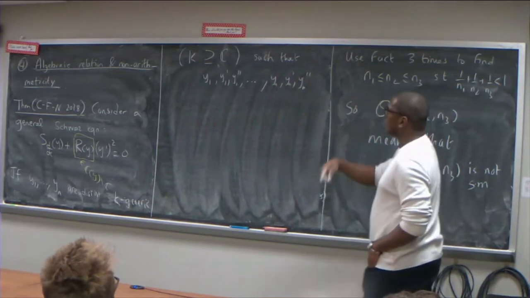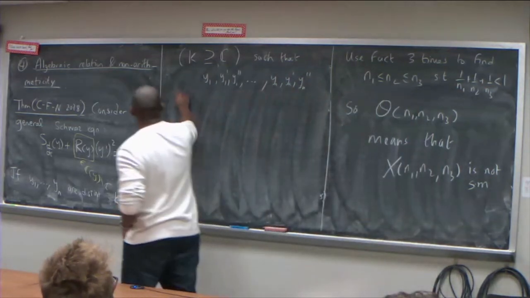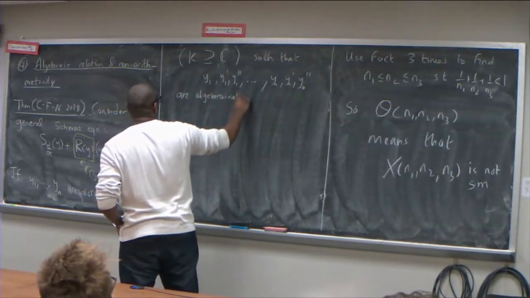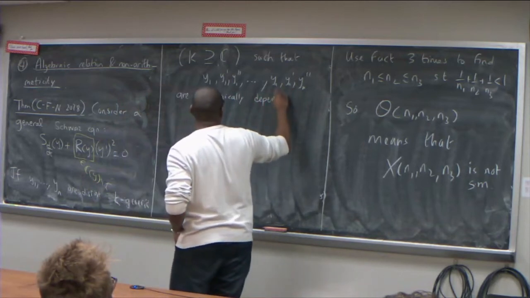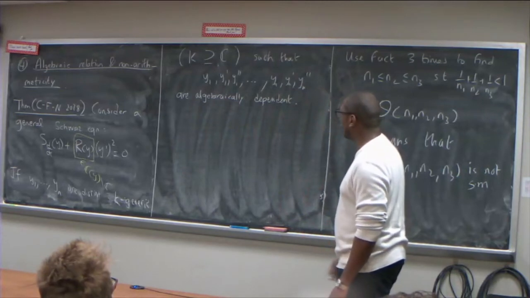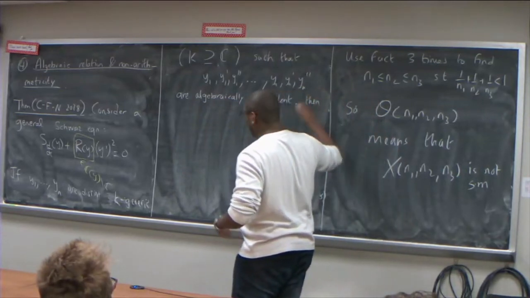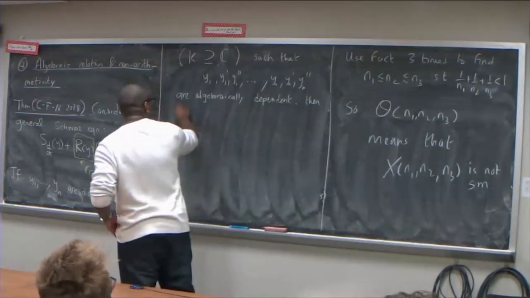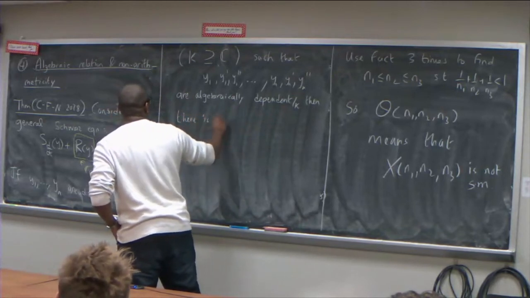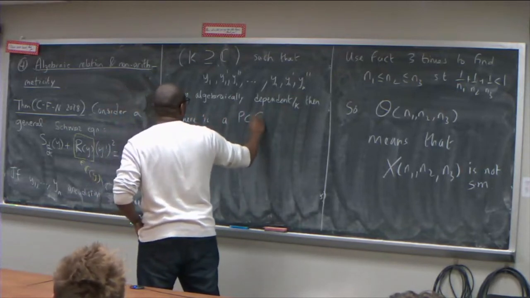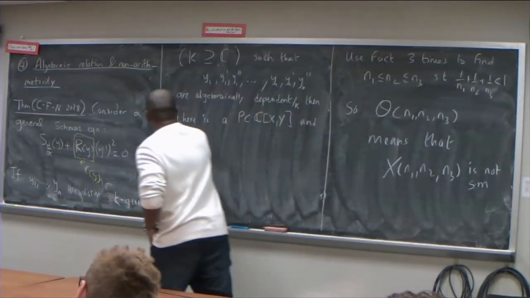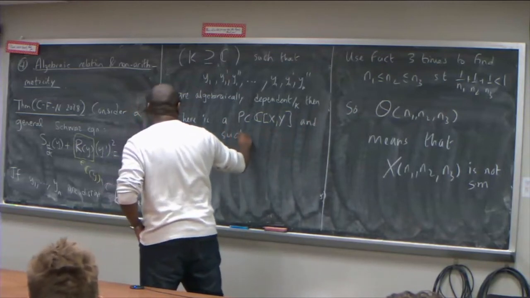So if you take n distinct solutions such that you can see an algebraic relation between them, so the transcendence degree is not 3n over k, then there is a P in C[x,y] and i less than j such that